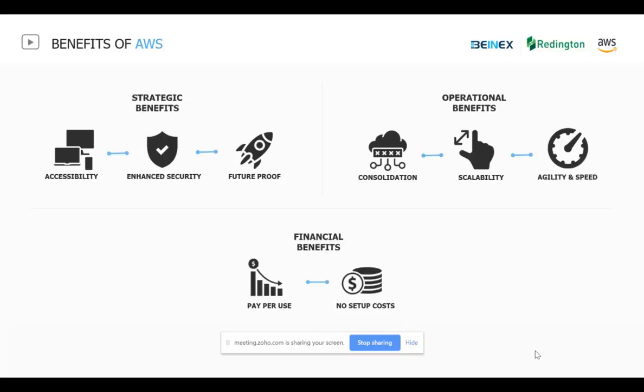And now we'll see the operational benefits, which are pretty much self-explanatory. You can consolidate, you can scale your resources, and it's all agile. When we say consolidate, what we mean is that you have a console where you can request server, storage, or network resources on the go, and you are bypassing the traditional silos of requesting storage or making a network change with multiple internal teams, and the big challenges that come with it. You might be following a change management process.